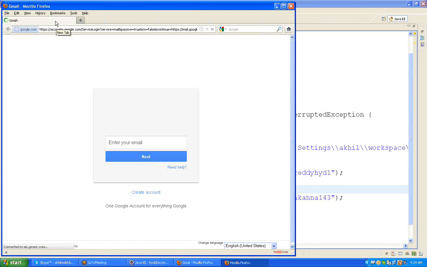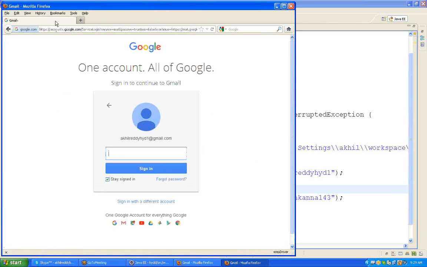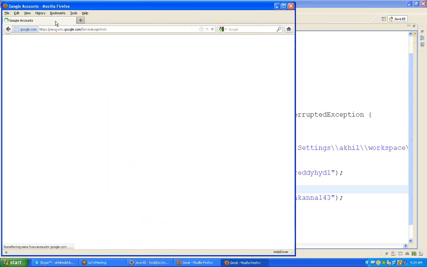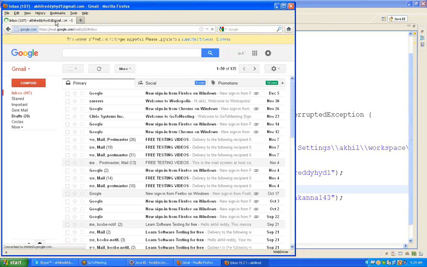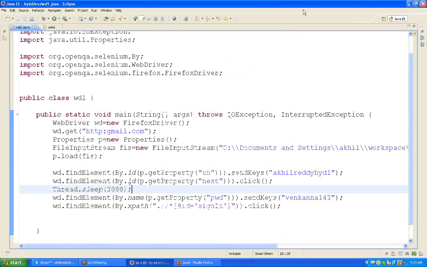First of all, we need to create one property file. This is the property file concept. Compared with XPath it may seem difficult, but it is simple. It is the yesterday concept only, with small changes.